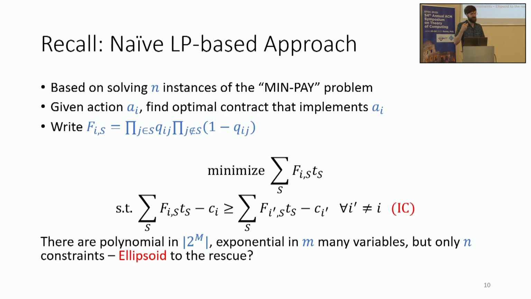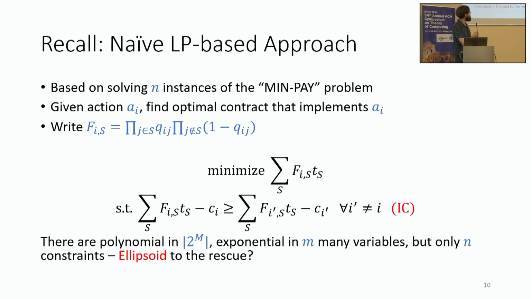We want to find the minimum transfer that implements action AI. So using Inbal's notation, we would have this FIS, which is the probability of outcome S under action I, right? And it's just using that it's a product distribution. And then the LP would look something like this: minimize the transfer, so the expected payment, subject to,